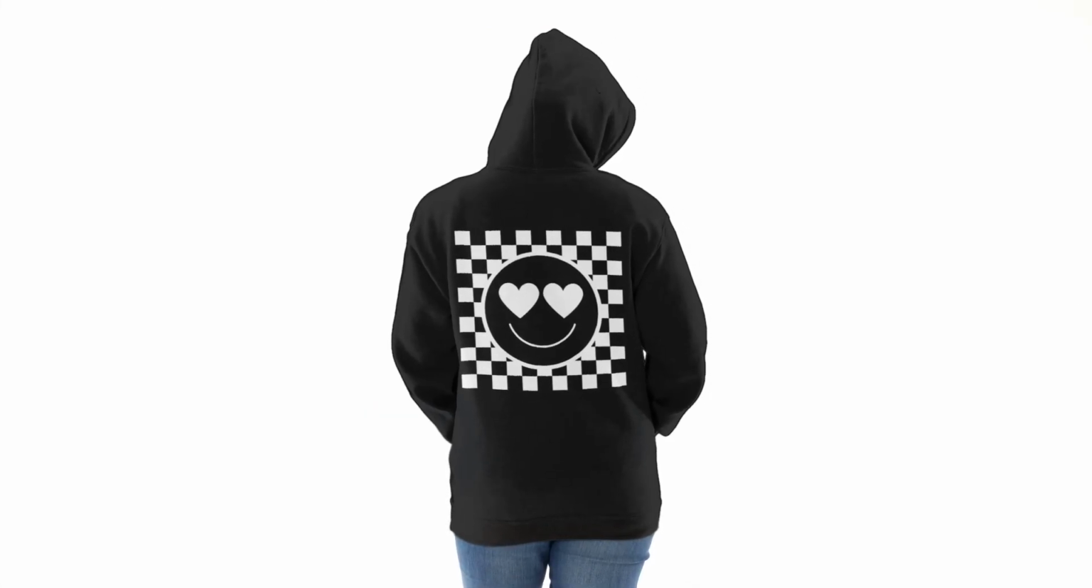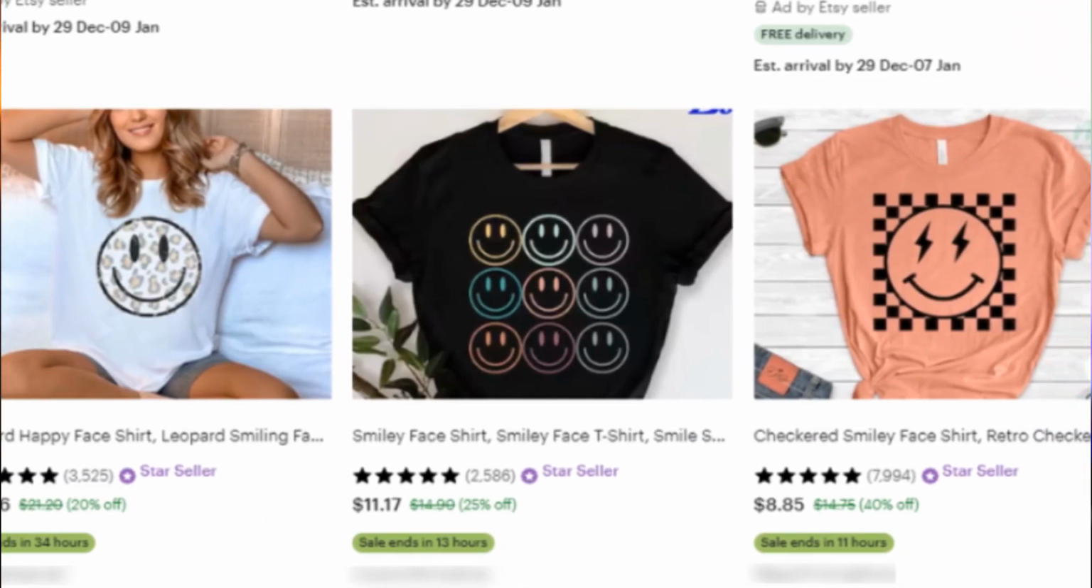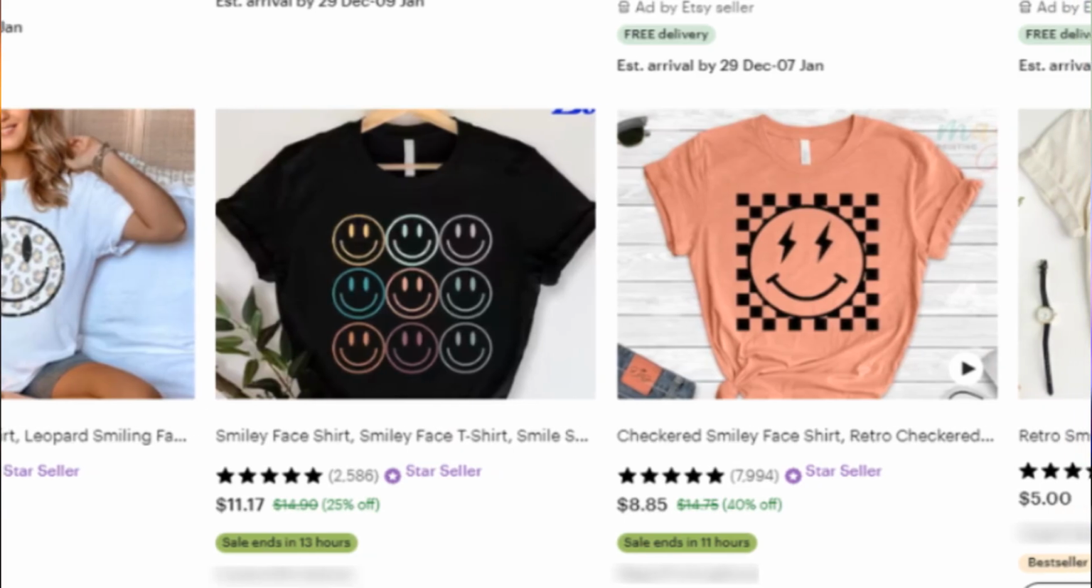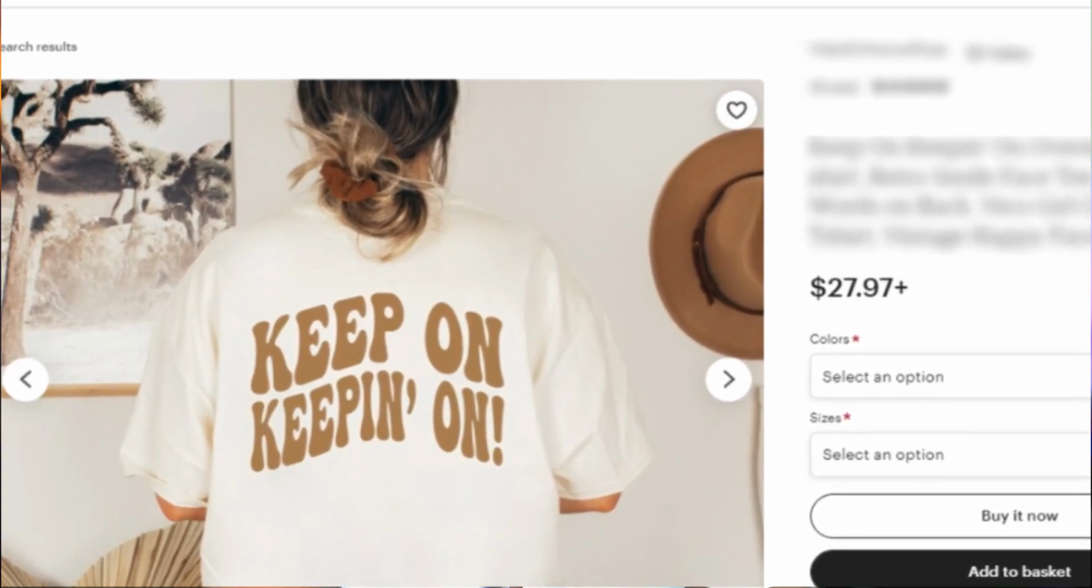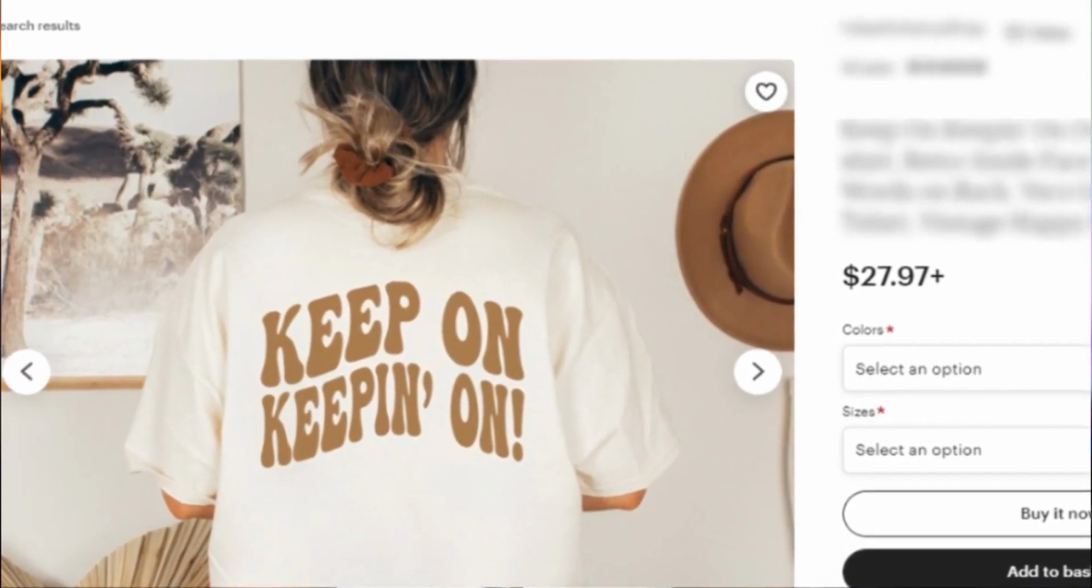In today's video, we're going to go over how to create retro style t-shirt designs that follow this trend of having the design on the back of the product as opposed to on the front of the product, and how you are able to do this on Printify just by using a couple of the products that you can sell